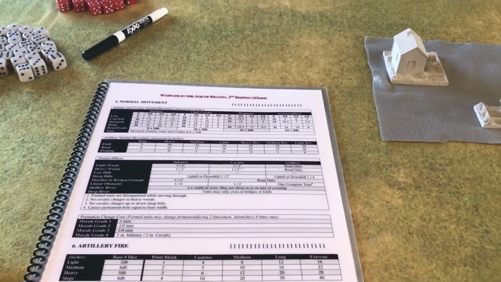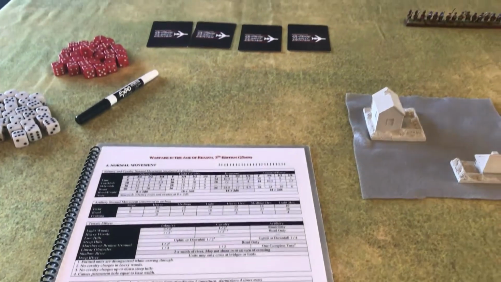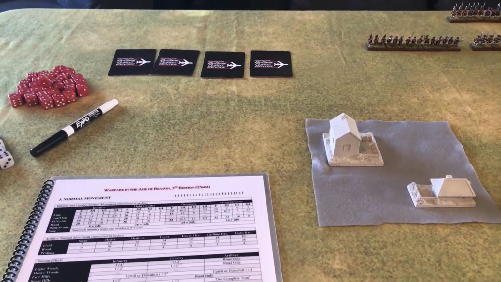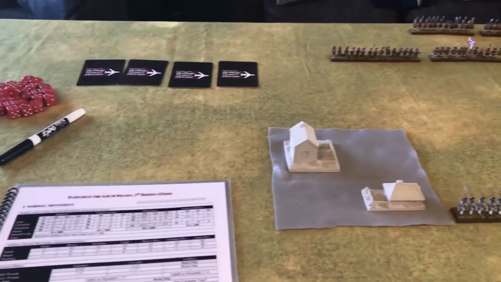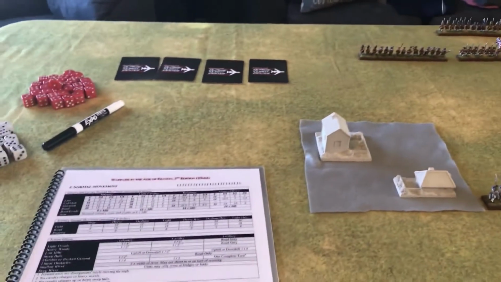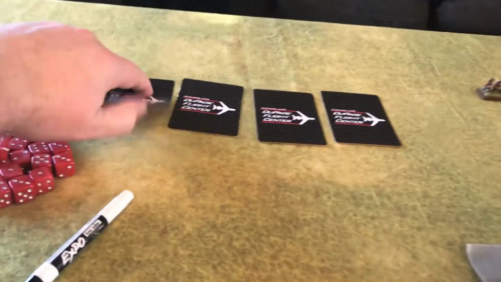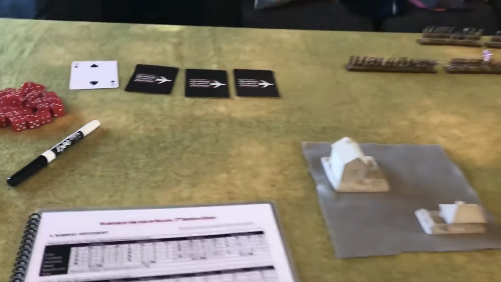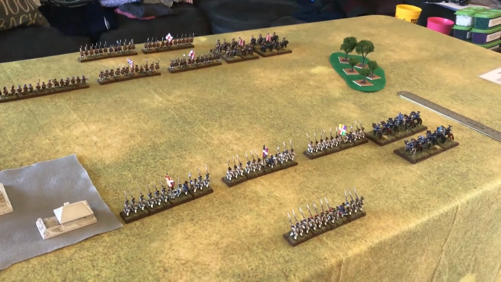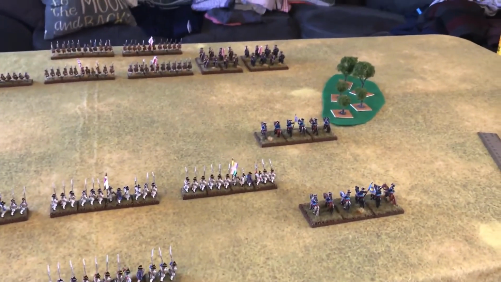In the normal movement phase, the order of movement is determined by a random card draw, and I gave the 4 cards a shuffle, and we'll just go from left to right, flip the cards over, and then we'll move the units as the cards are revealed. So the first card is the 2 of spades, which is the French Cavalry, and I'll be back after they're done moving. Okay, French Cavalry,